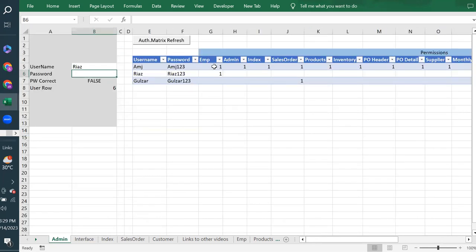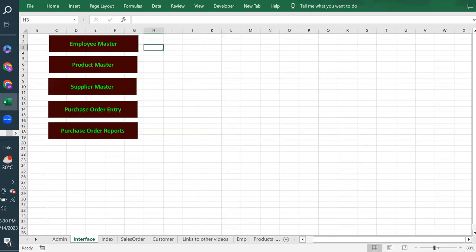Fair enough. But for the other one, for example, product master, it shows that access is denied because